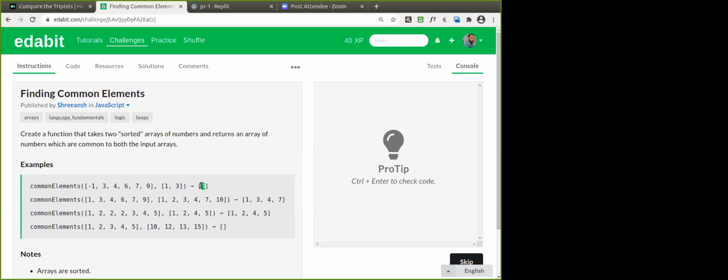Yeah, you can do it using loops, nested loops. Fine. Can we do it using nested loops? We have to find the common elements in both the arrays.